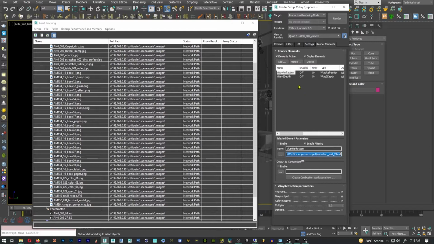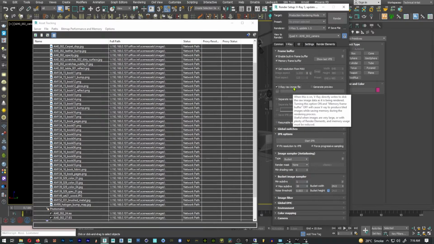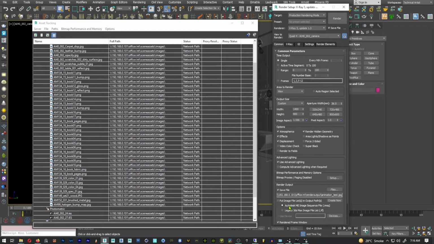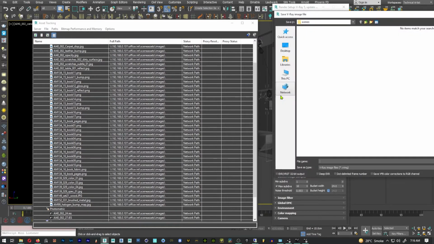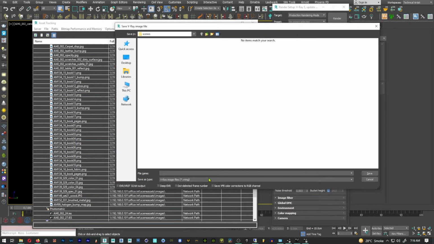Both of these render elements. You can use the V-Ray raw image file format, and you can use these separate render elements. Maybe for this demonstration sake, I will try to use this and not use this render output. And I am going to click on this and choose the EXR format,